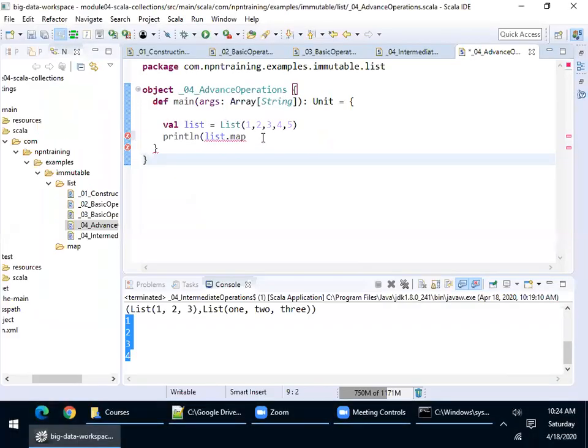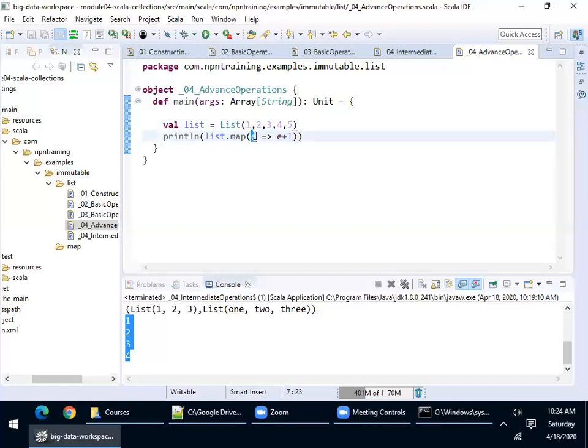Okay, let me proceed. Now please look at this. List.map, I am passing a function. If you remember in my functional programming, we have seen how to pass a function, right? So I'm passing a function, let's say E into, let's say I will just add. Can you see this? This is a function. This is how we created a function in Scala functional programming. I'm passing a function to it for every element.